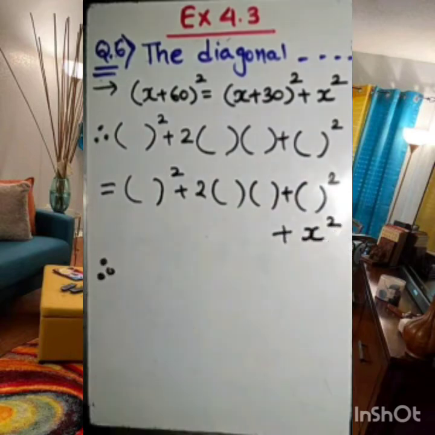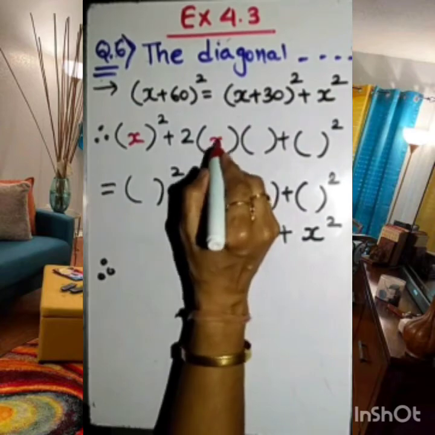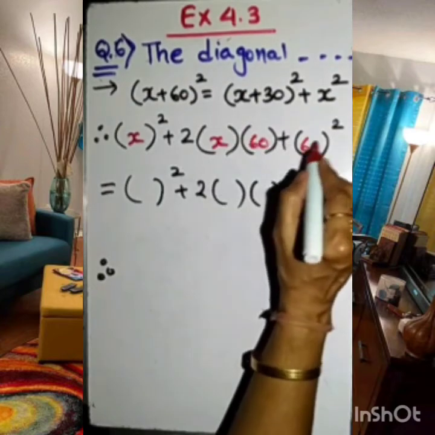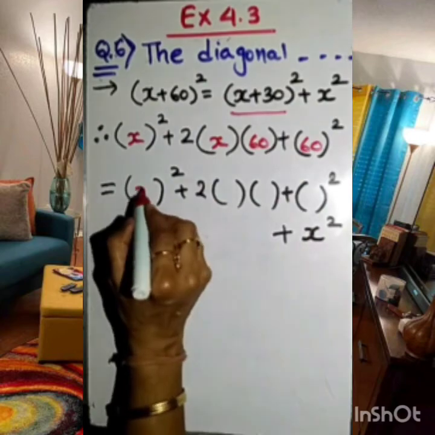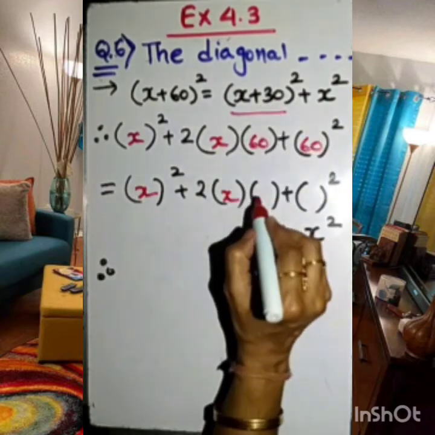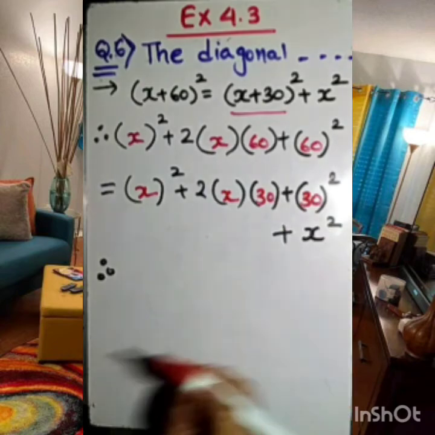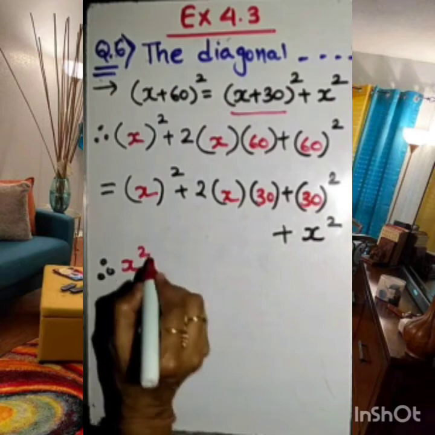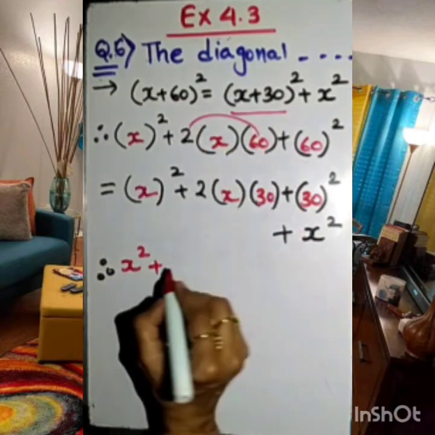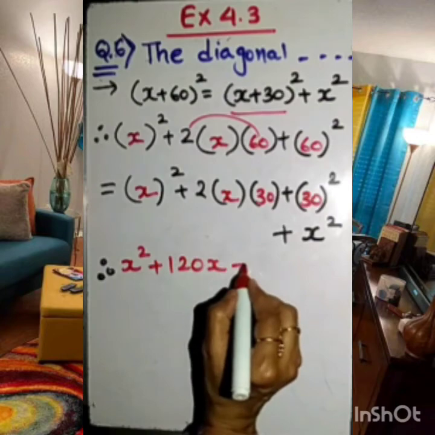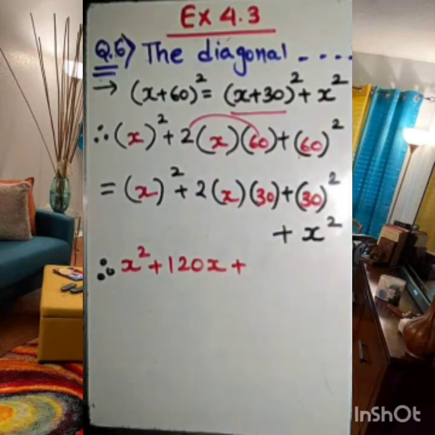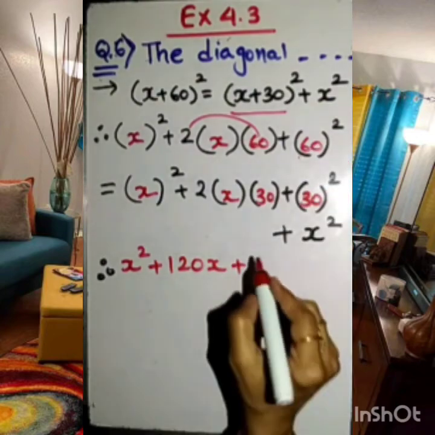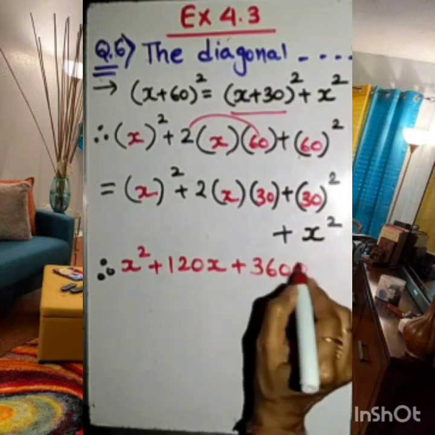Therefore, now let's work out the first, that is x. In place of A, x. Here it is 60. For this I am writing the first term is x, the second term is 30. So the next step will be x square plus 2 into 60, 120x. 60 square is 60 into 60, that is 3600, equal to